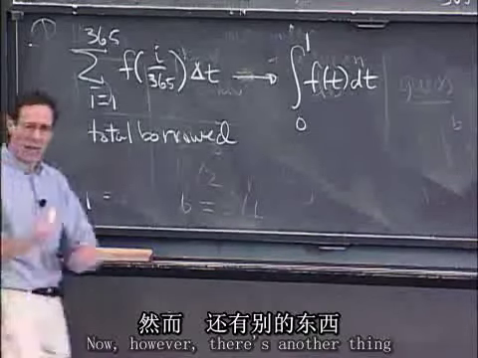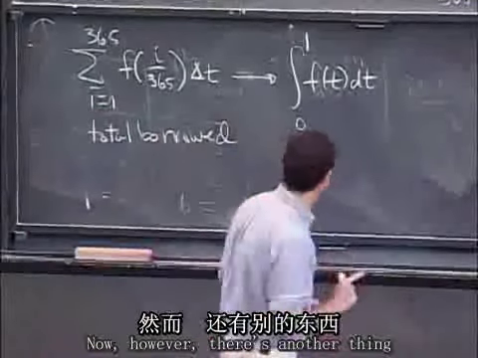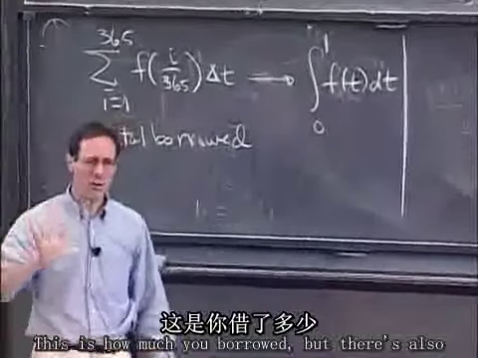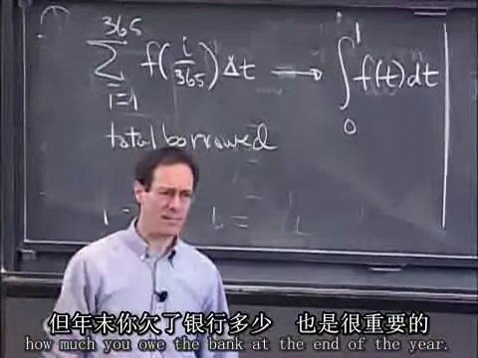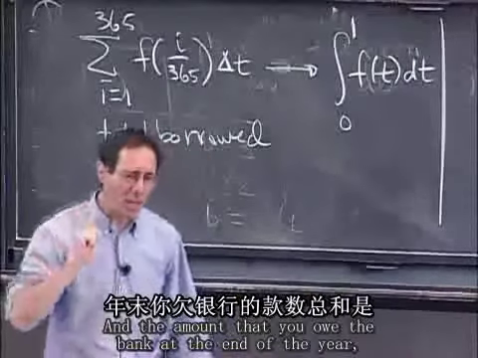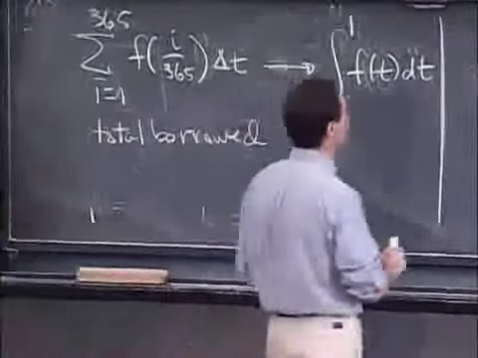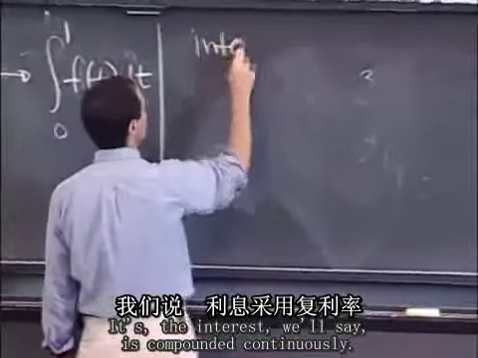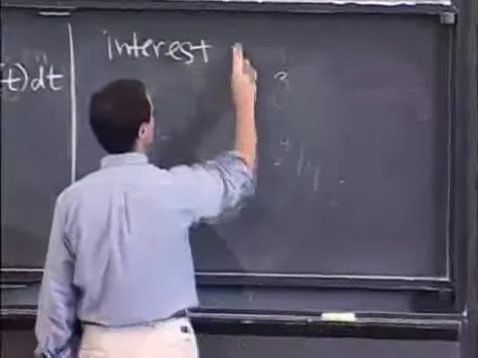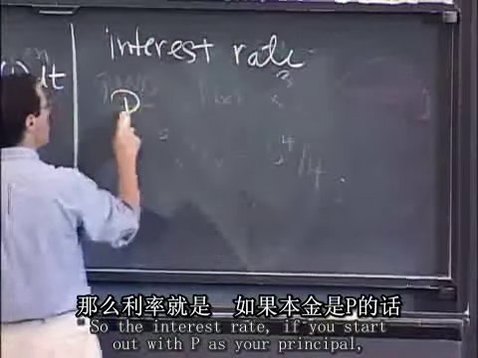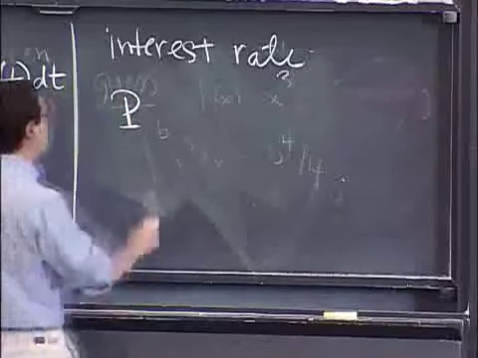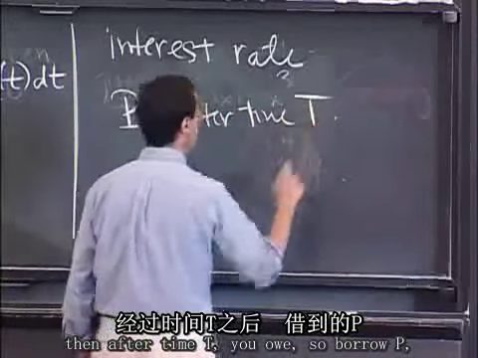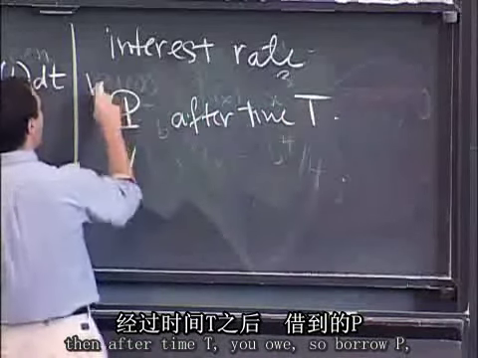Now, however, there's another thing that you would want to model, which is equally important. This is how much you borrowed, but there's also how much you owe the bank at the end of the year. And I'm going to do it in a fancy way. The interest, we'll say, is compounded continuously. So if you start out borrowing P as your principal,